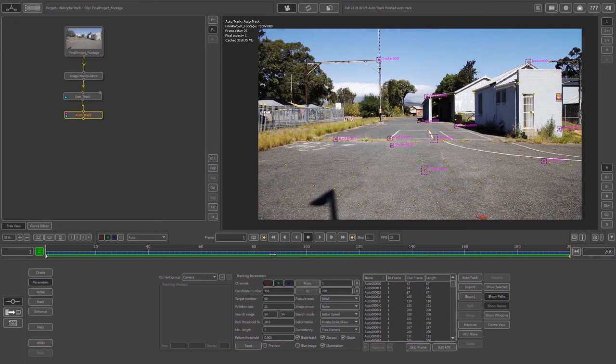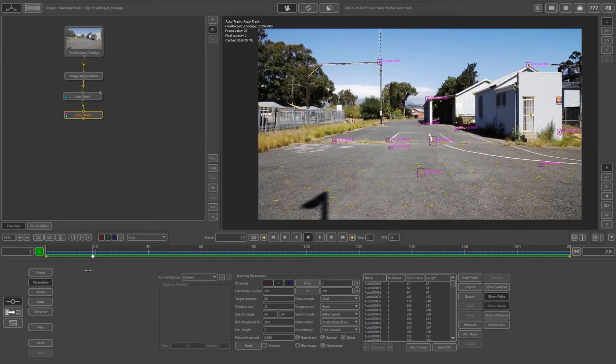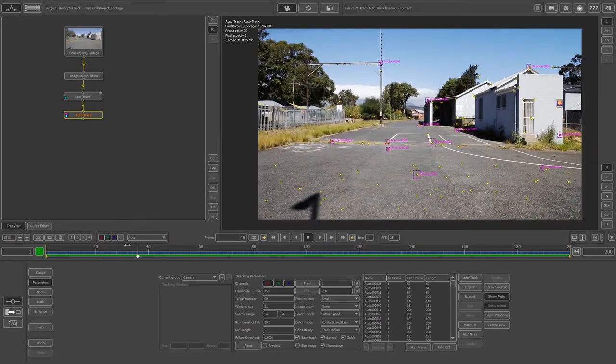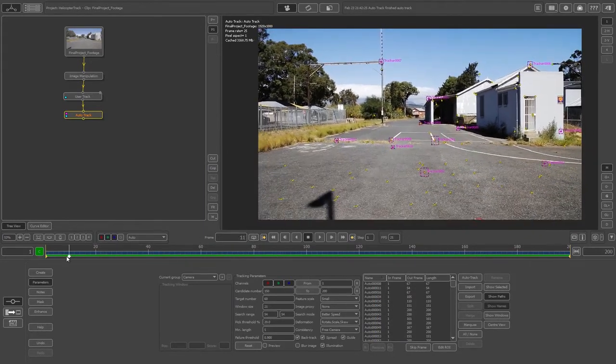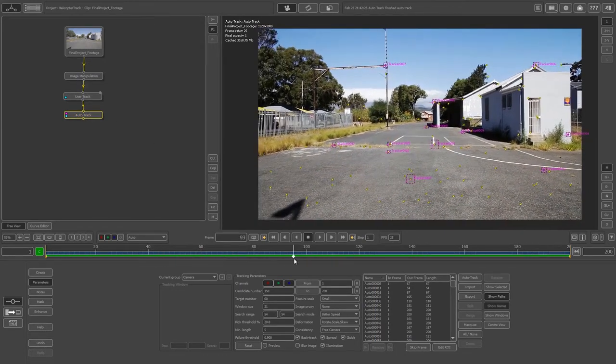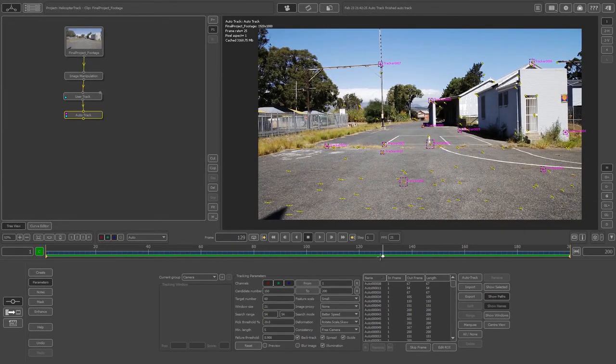Okay, so our auto track has completed, and if you scrub through, you'll see all these little dots and these yellow lines going behind them. So what we need to do now is clean up this auto track. And remember that I told you not to track any moving objects. Well, the auto track might have tracked some of the trees in the background, so we need to get rid